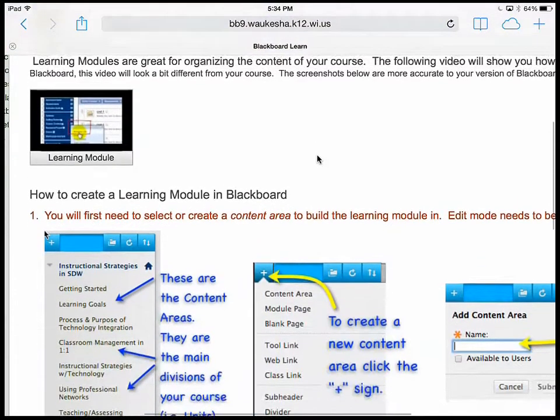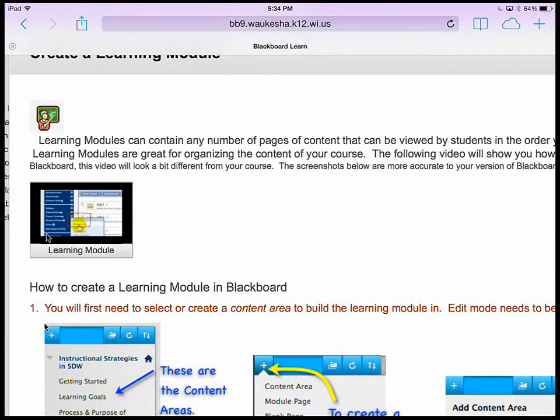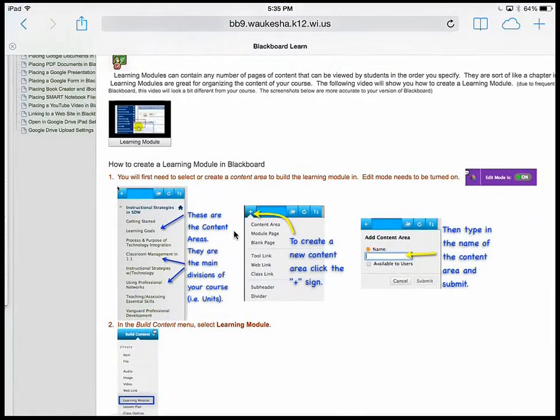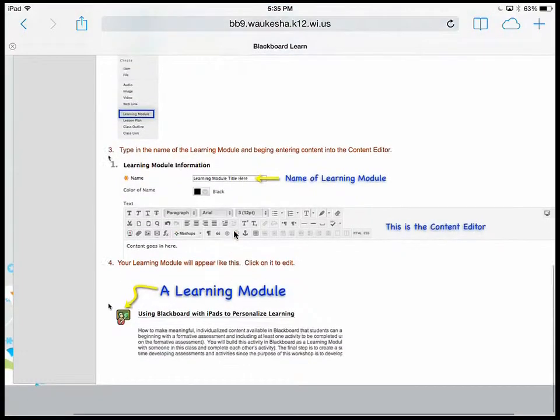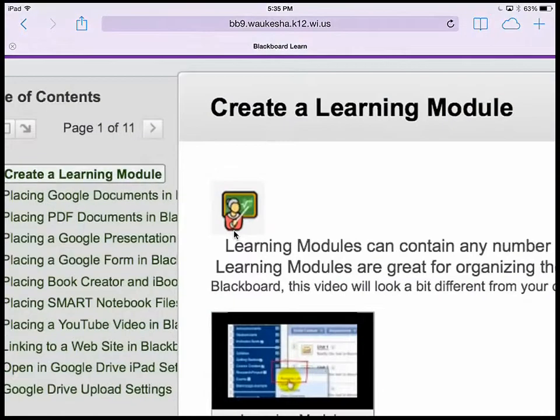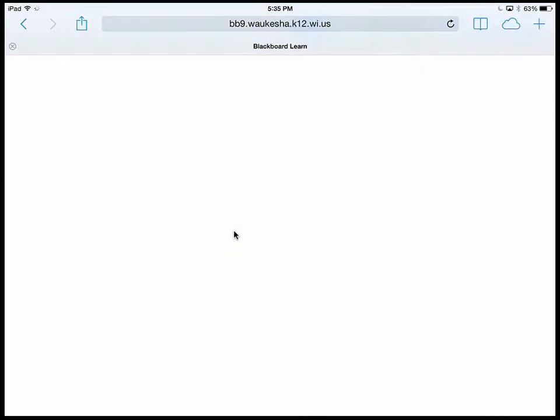So here we have a video on putting in learning modules, and then we have step-by-step instructions, screenshots that were taken directly from Blackboard in the School District of Waukesha in the current version, so that your screen should look exactly like these. So step-by-step instructions with pictures on how to create a learning module. Step-by-step instructions for